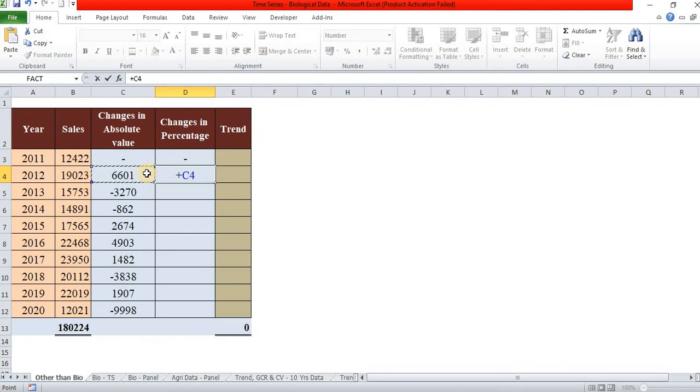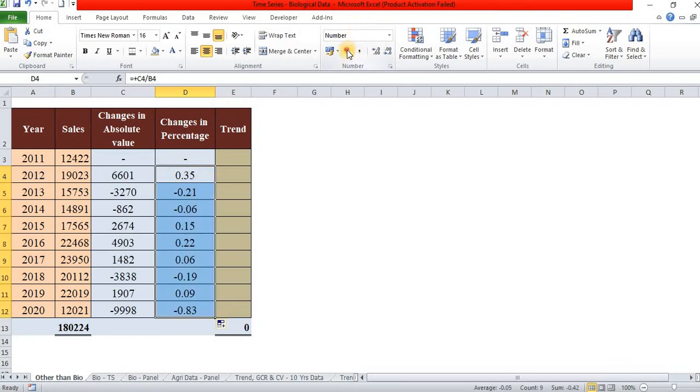The change is divided by the current year value and gives the percentage. So the percentage is increased by 34.7% from the previous year, and in 2003 it is reduced by 20.8% from the previous year. Like that, we are calculating in this way.